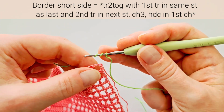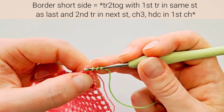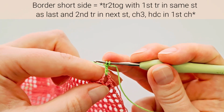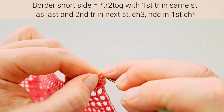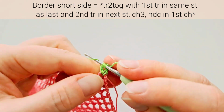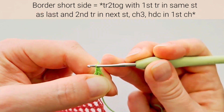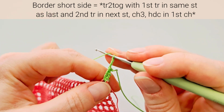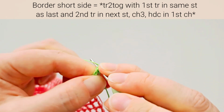So I'm starting the first one: yarn over twice, insert hook through that space, pull up loop, pull through first 2 loops, pull through next 2 loops, leave last 2 loops on hook, yarn over twice, pull up loop again, pull through first 2 loops, pull through next 2 loops, and pull through 3 loops. Chain 3